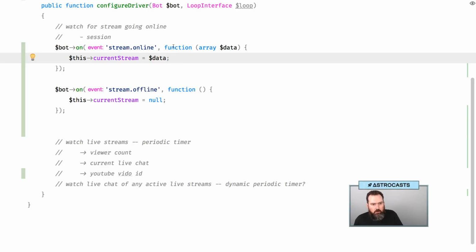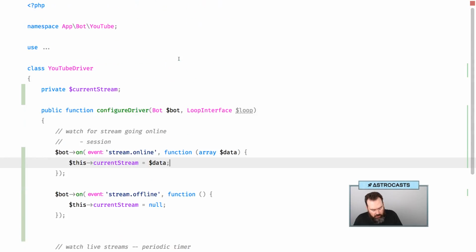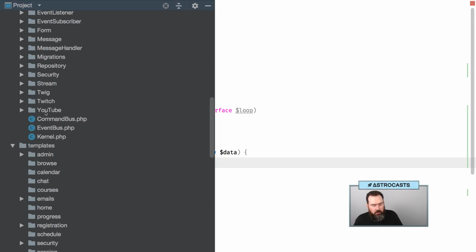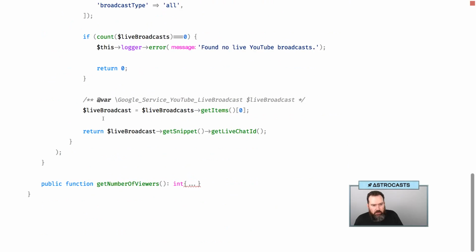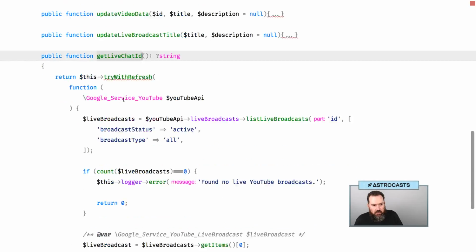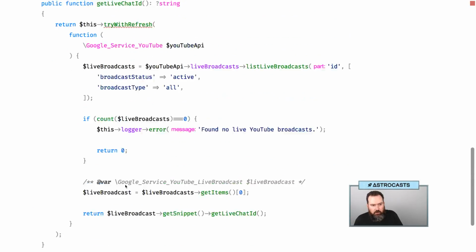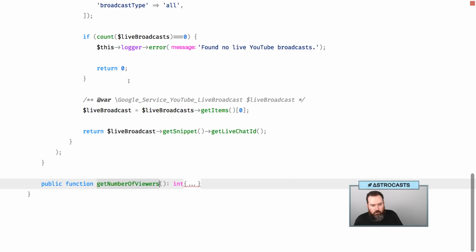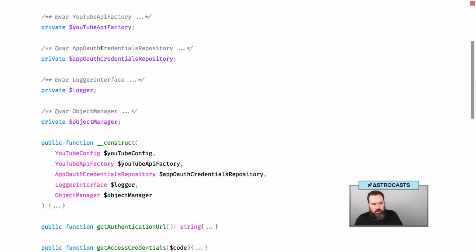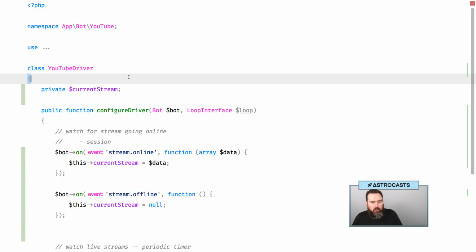So we do want to do some work at this point to find the current information on YouTube. Our current YouTube app API has the ability to get the live chat ID, and it has the ability to get the number of viewers. So we can probably reuse this for now. So I'm going to have us use this. So let's go ahead and add